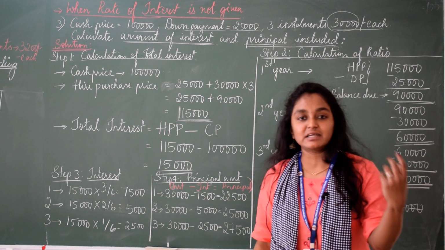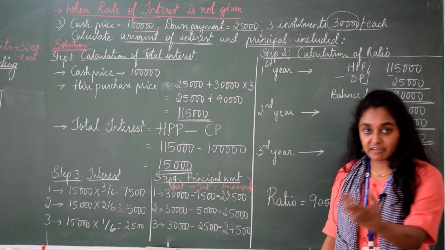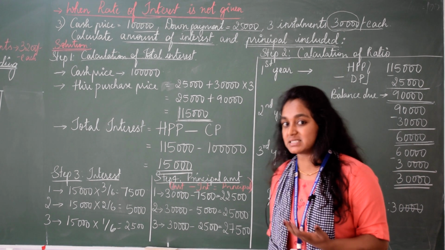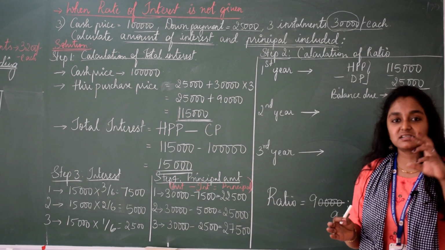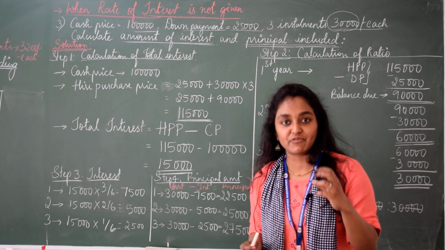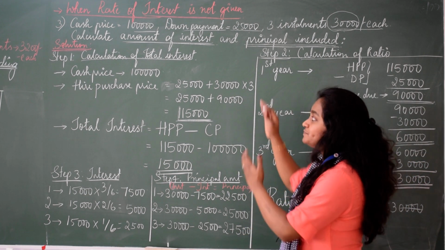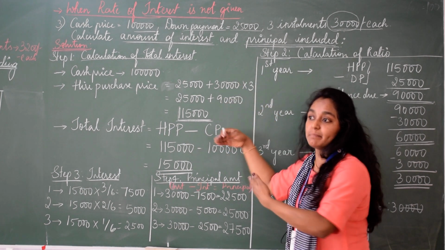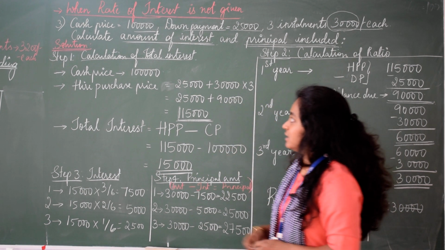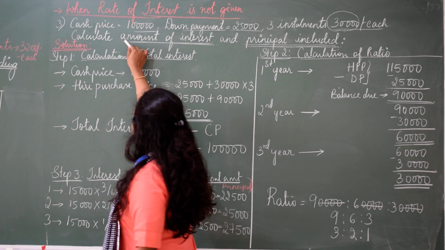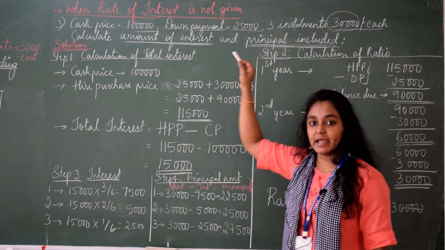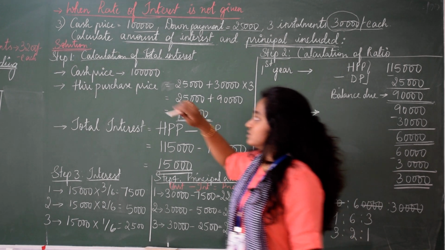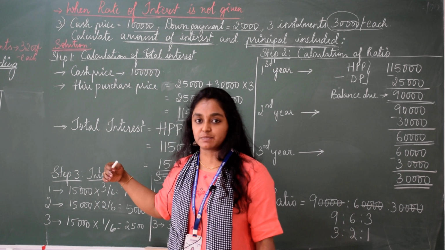So you can find out some difference there. 75,000 was supposed to be the balance, but here installments is amounting to 90,000. So there is a small difference. That difference itself will become the solution part that we will be doing. So we will see the solution. They have asked us to calculate the amount of interest and the principal value that we are paying to the vendor. So let's follow the steps for this particular problem.